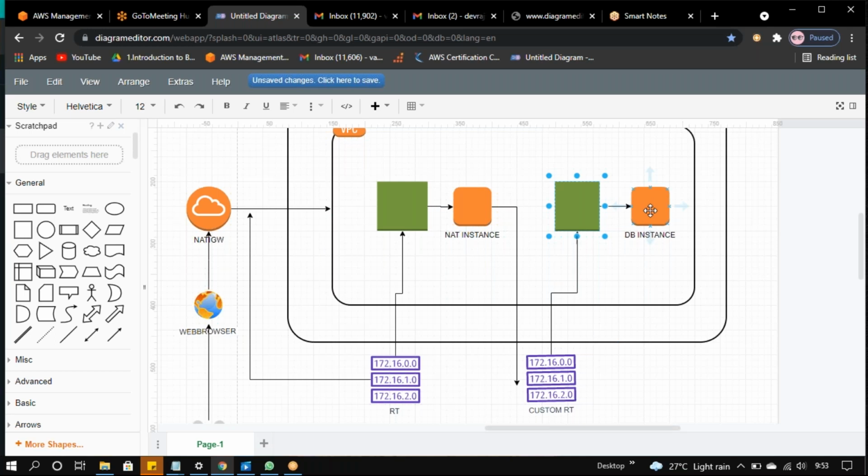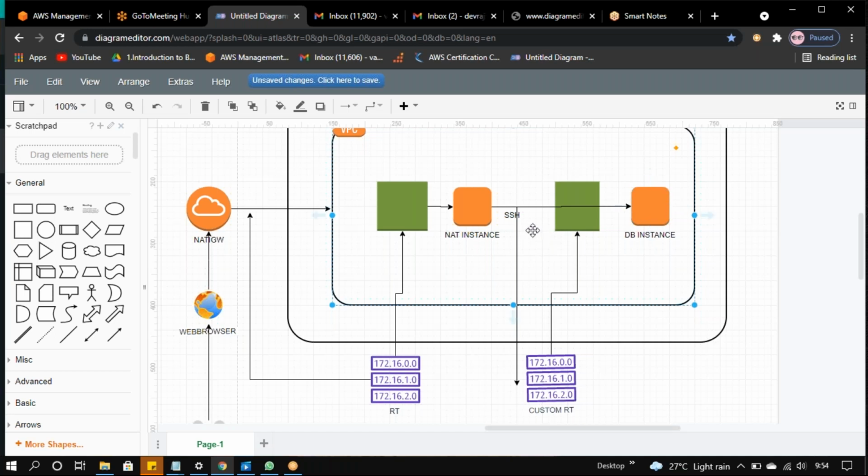How are we accessing from PuTTY? Like SSH. So we will create an SSH communication between these two instances. Then the customer can access this database.